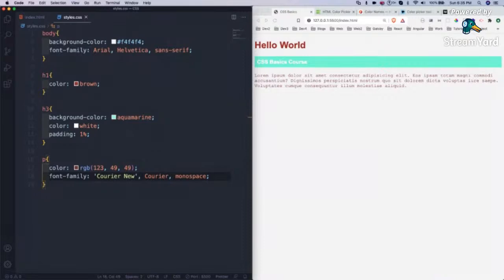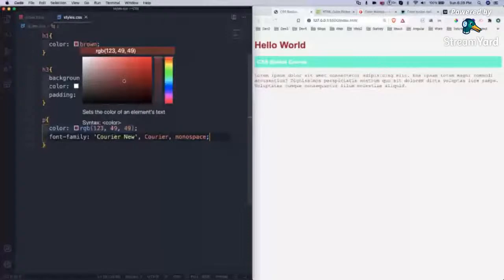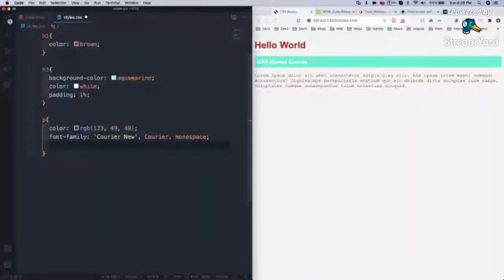Now we will learn about two important things. One is the font size, and the second is the font weight. By default, it will take the size and weight defined by the browser. Browsers are almost similar, so the H1 size will be this number and the paragraph size will be this number. Now we can manually change them, and that is what is done in most websites. So let me give font size, and it is 20 pixels.